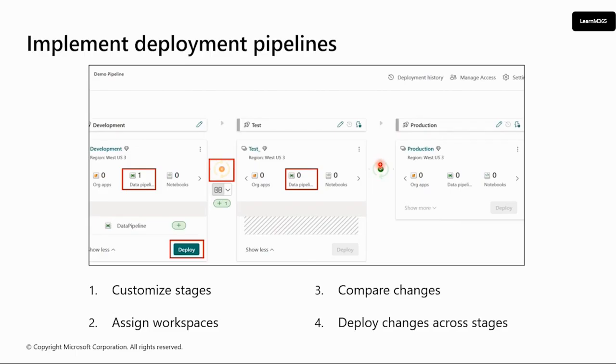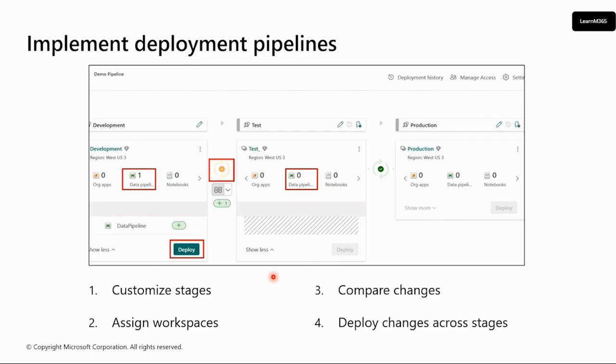In this particular diagram also, what we are doing is we are using the CI/CD within the Fabric environment. So we have some deployments, we are customizing the stages, and we are comparing the stages. All these things are what we are doing over here. So let me guide you one by one about what we have in this particular